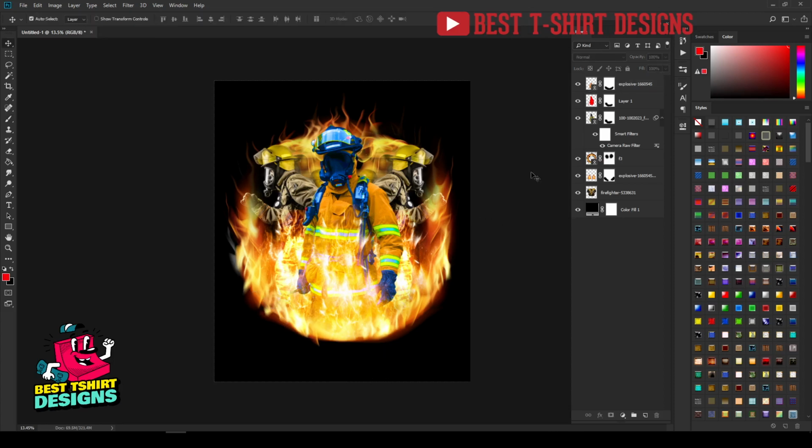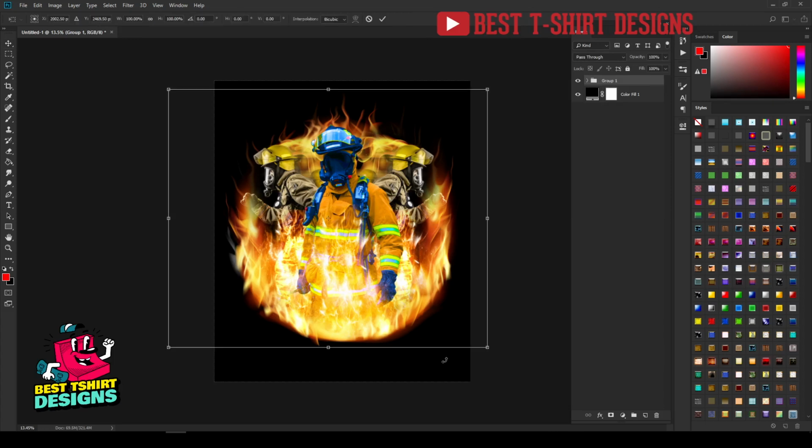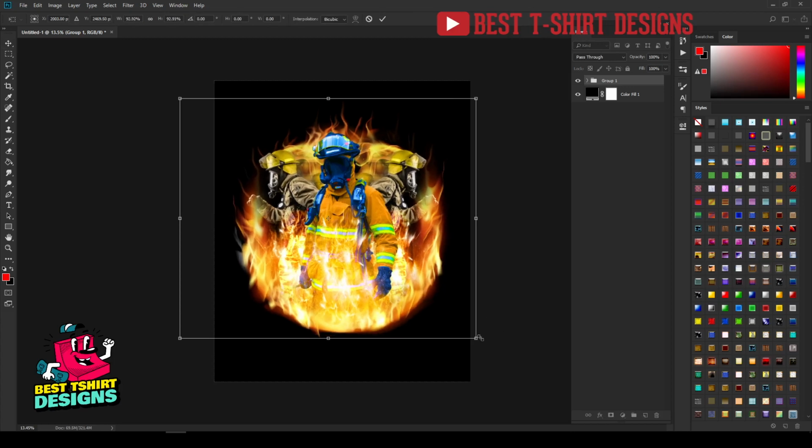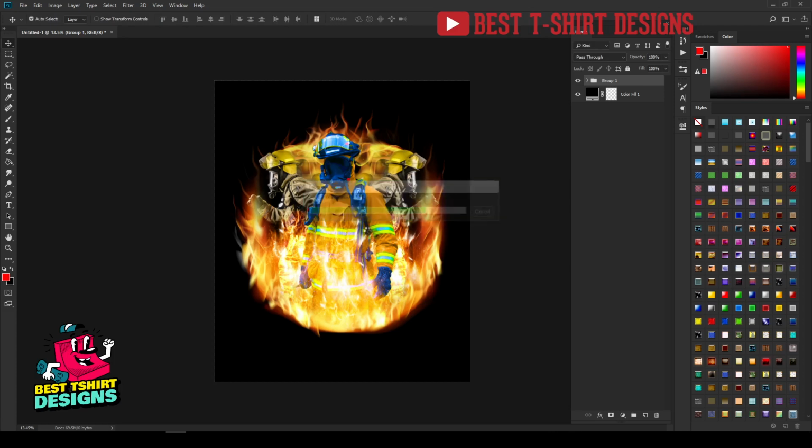So you can see this is really easy, just taking some layer masks I can simply hide them to make this graphic. This is the main graphic part of my design. Let's say I want to select everything and then make a group. The group will help me customize them. So I want to make it a bit smaller so that I can place some of the text. It will take some time to adjust the position, but it is really good.